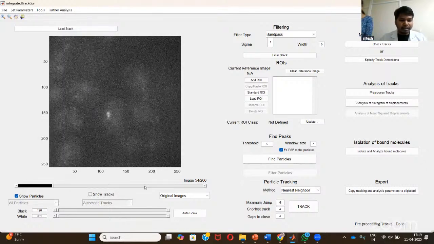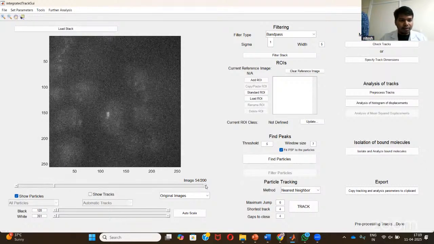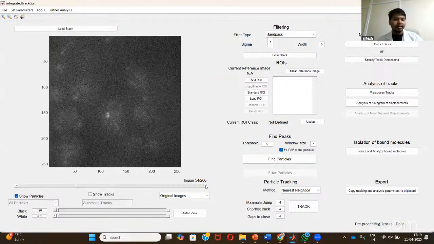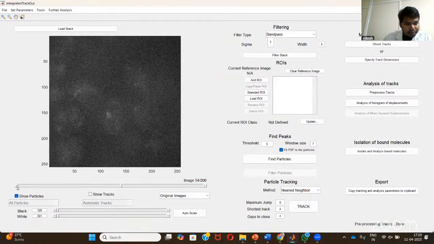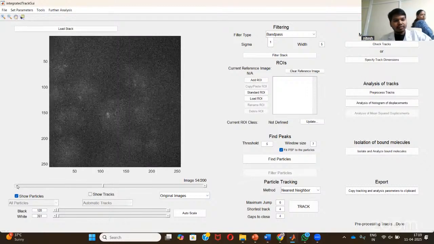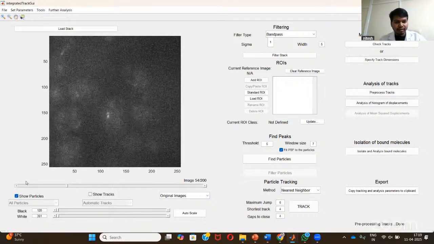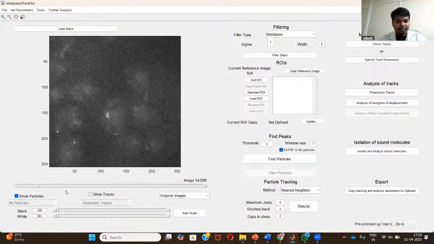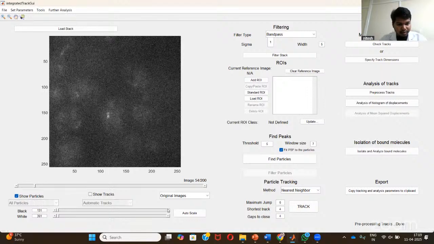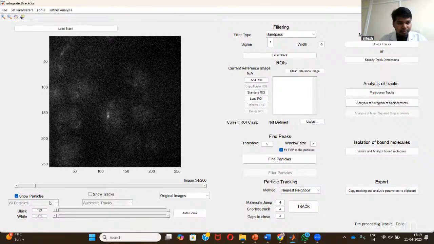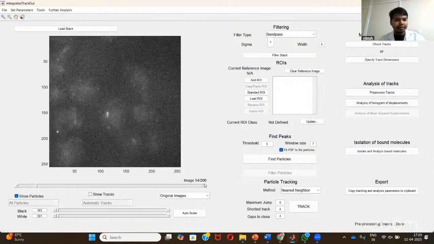Now I'll just play the movie for the 200 frames. So this is a movie that we have captured to understand the residence time analysis. Now if you see this movie, you can see the interaction of these molecules, right? The movement of these molecules. I'll just adjust the brightness and contrast so that you can properly visualize the molecules.